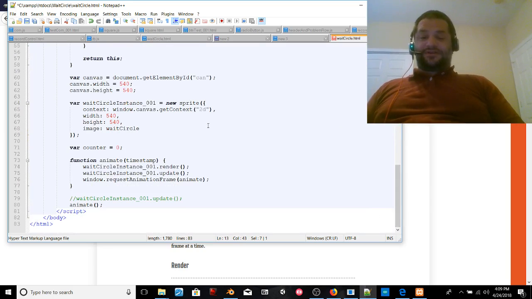JavaScript has this cool little object notation where we can do a curly brace. We can type out the property name. We put a colon, and then we give it the property value. So in this sense, we define canvas. We got that element. We said, okay, go get